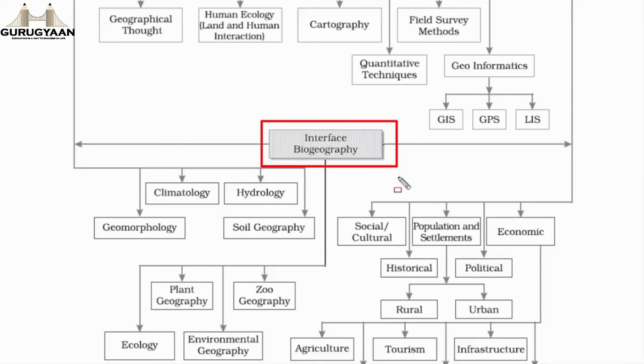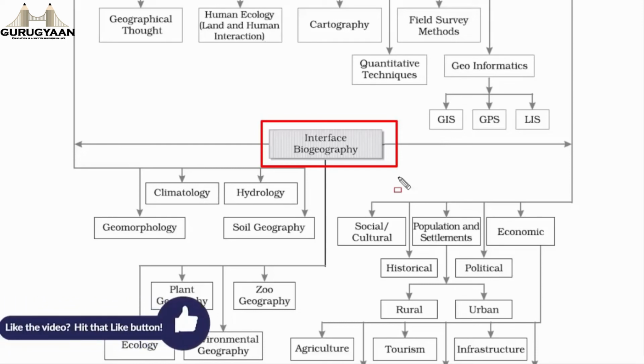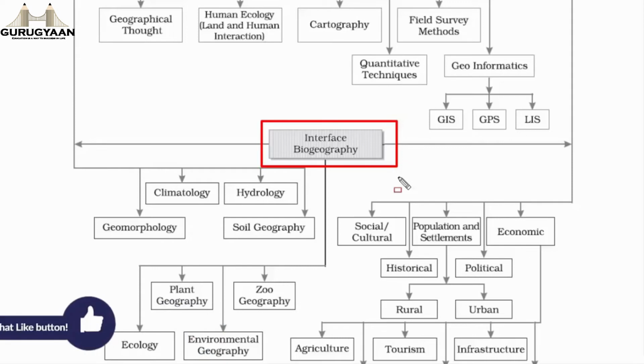It's like an interface. One of the reasons you can think of is that plants and animals are both an important aspect for humans, because they provide food, and they are also an important aspect of the earth, because planet earth is capable of creating such species of plants and animals, which is what makes earth different from other planets. So that's why biogeography is like an interface between human and